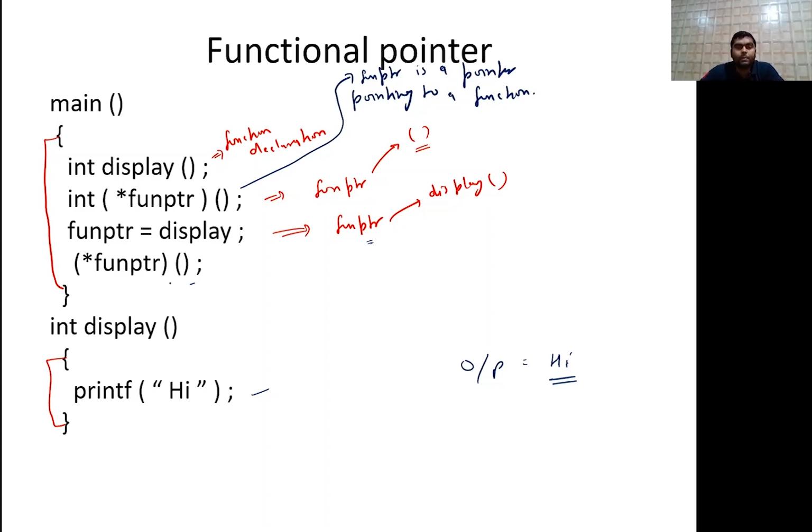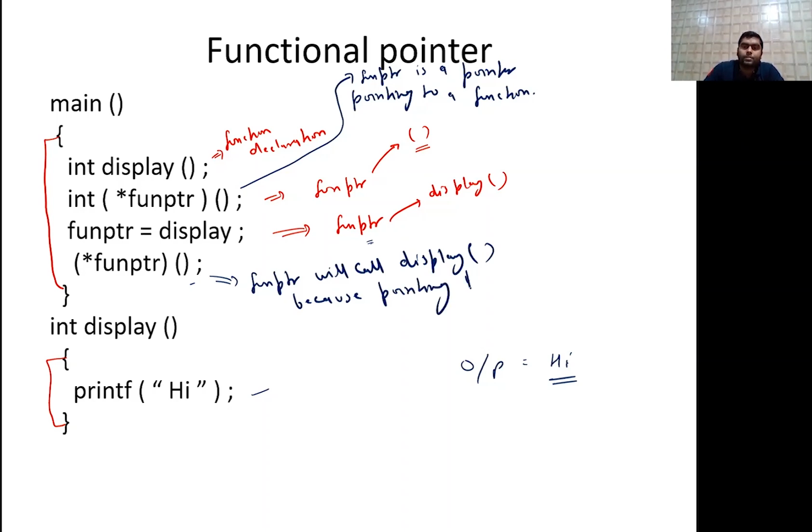Getting my point, fun ptr will call the display function, because it is pointing to display. So this is a functional pointer.